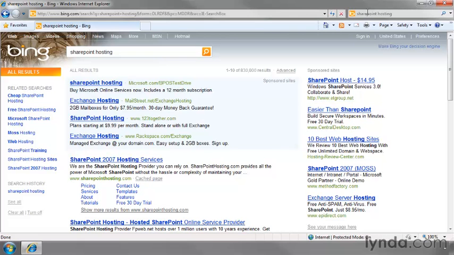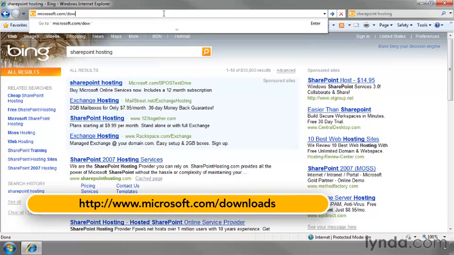But what if you want your very own SharePoint server to experiment with? Can you do that? Well, yes, absolutely you can if you want to spend the time to get it set up. Now, a very common method for this is to have a virtual machine, a self-contained machine within a machine. You can create one yourself or even use somebody else's. In fact, I'm going to go out to